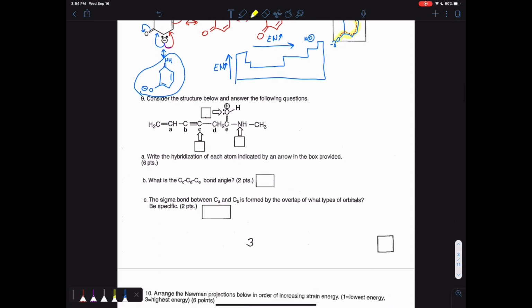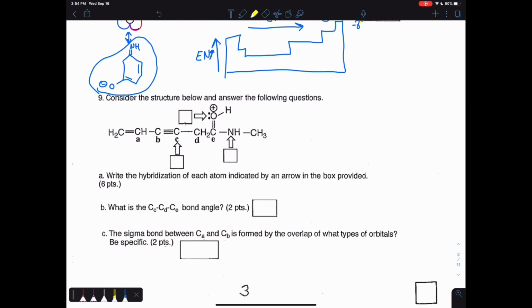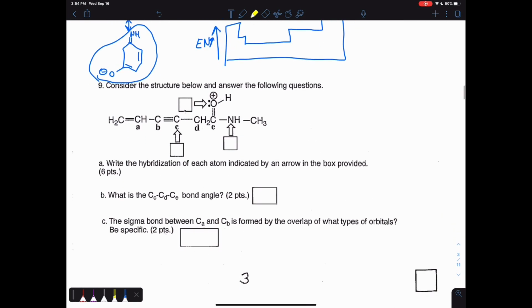Alright, next up is number 9. Consider the structure below and answer the following question. Write the hybridization of each atom indicated in arrow in the box provided. So when we're talking about hybridization, how Dr. Bean explains it is, remember that you have the number of atoms